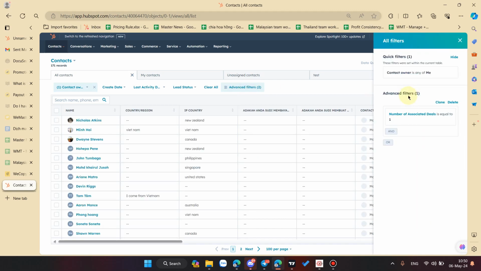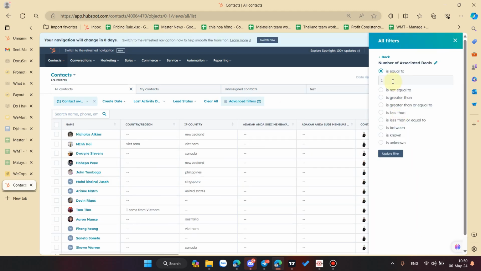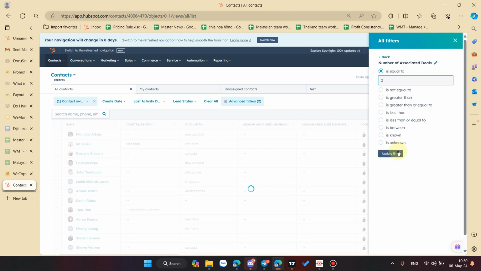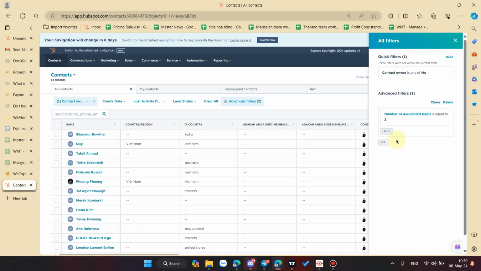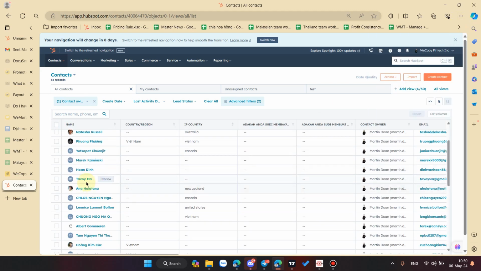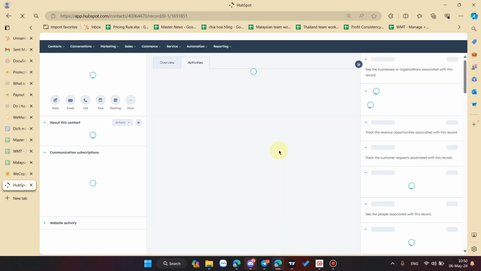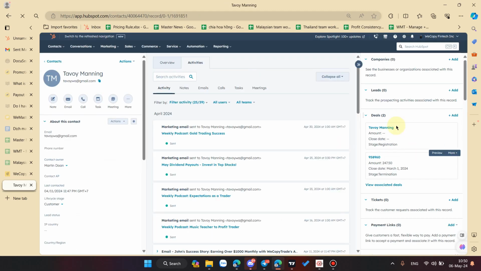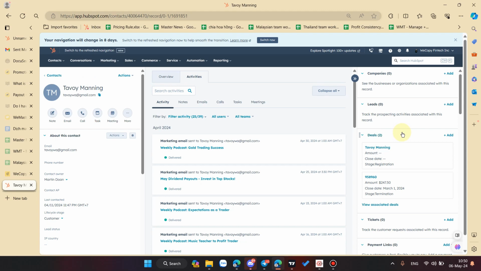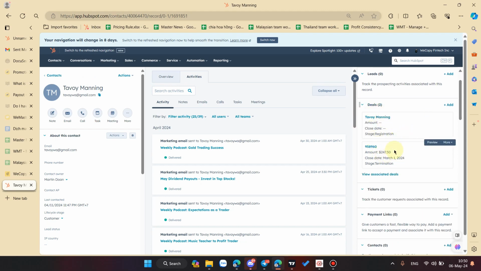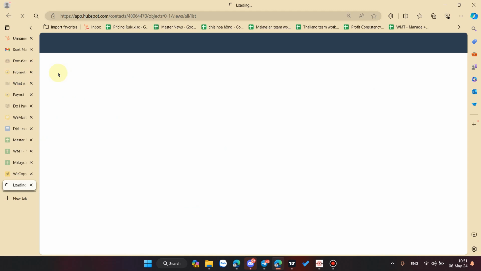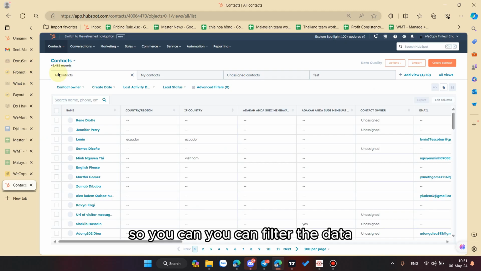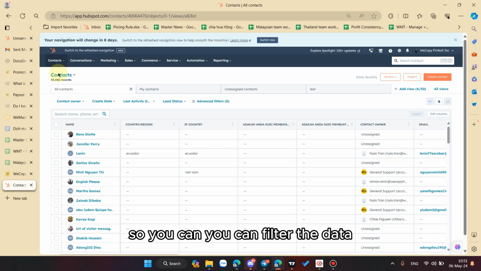Let's test again. If I increase the number to two, and click on someone, you see here they have one deal, which is registration, and they also paid for another deal, which is $247 right here. That's how you filter, because you know the information, so you can filter the data.